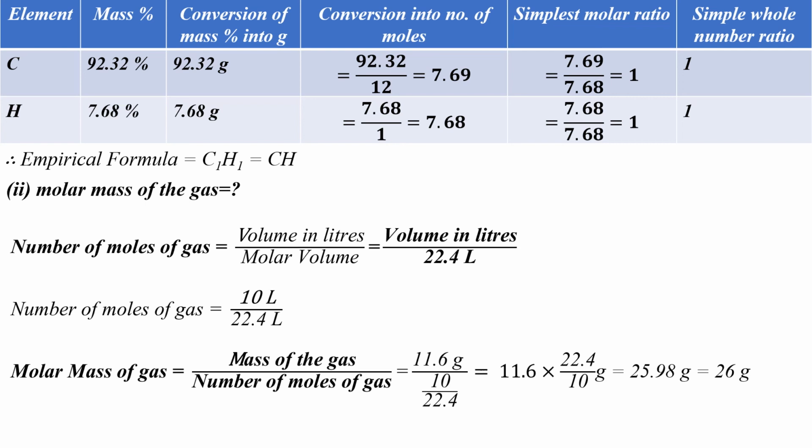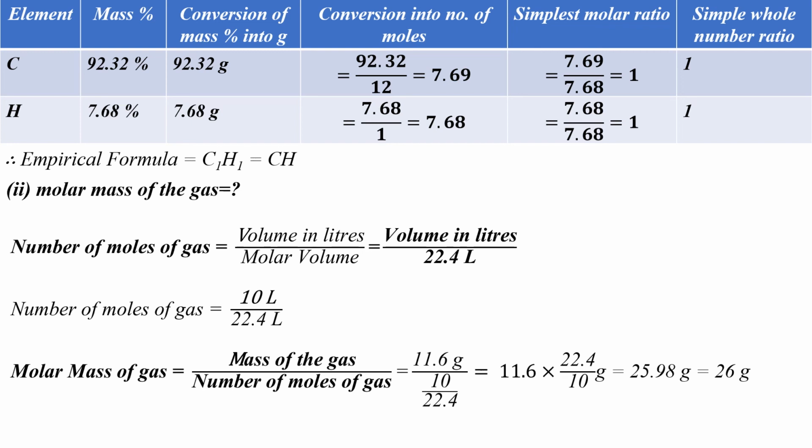In the fourth column, the number of moles of carbon and hydrogen present in 92.32 grams of carbon and 7.68 grams of hydrogen are written. Now, how do you find out the number of moles of carbon present in 92.32 grams? You would use the formula number of moles equals given mass by gram atomic mass. Since we are dealing with an element, carbon, we cannot say it in terms of gram molecular mass. We can just say it in terms of gram atomic mass. The gram atomic mass of carbon is 12 grams. So that's how we get 12 in the denominator. So 92.32 divided by 12 gives you 7.69.